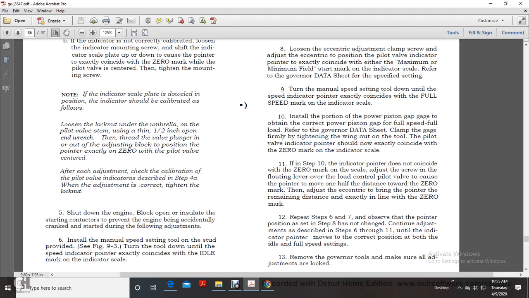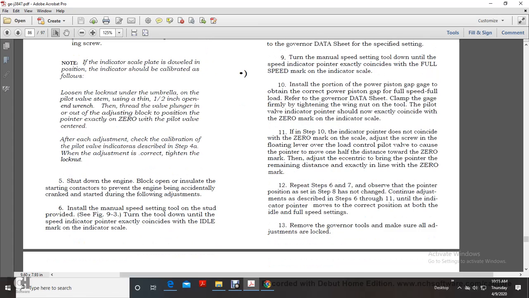Refer to the governor data sheet. Clamp the gauge firmly by tightening the wing nut on the tool. With the pilot valve, the indicator pointer should now exactly coincide with the 0 mark on the indicator scale. 11. If in step 10 the indicator pointer does not coincide with the 0 mark of the scale, adjust the